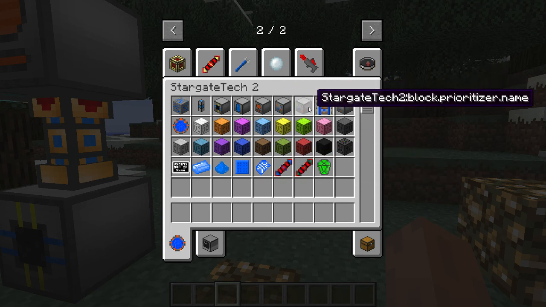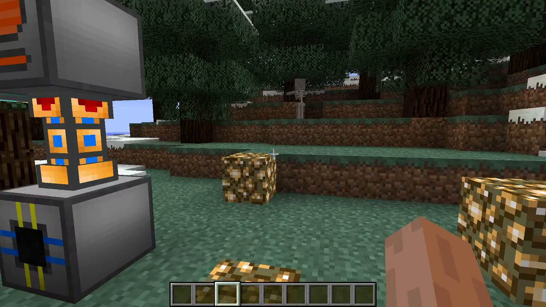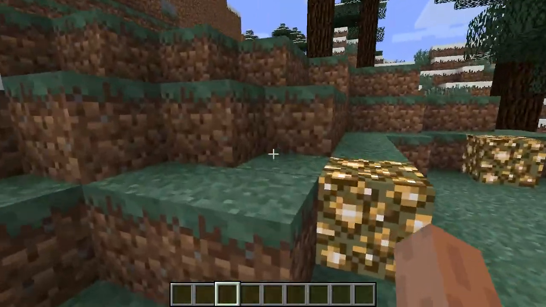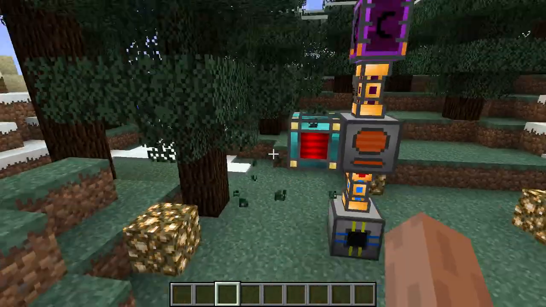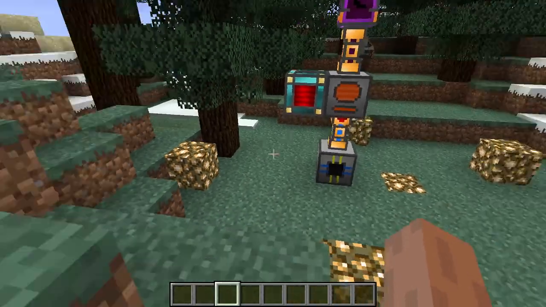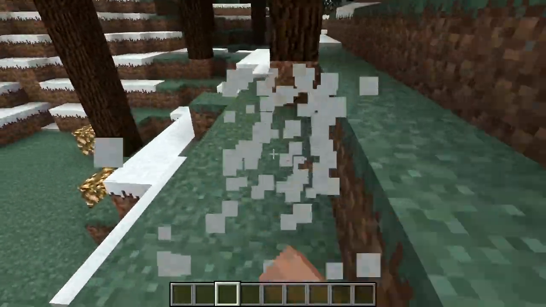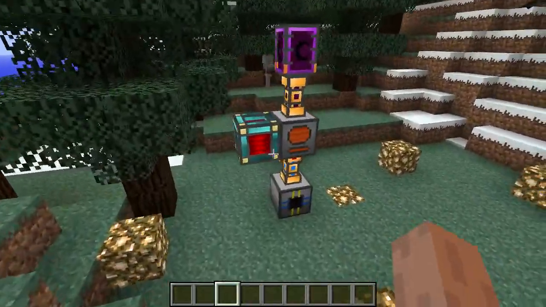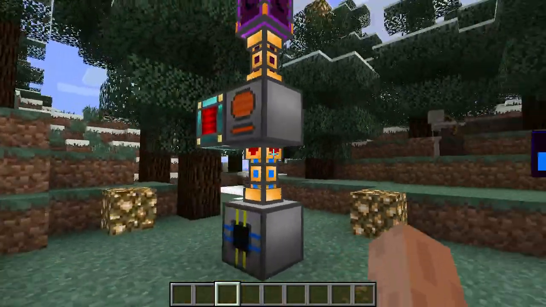These 2 machines, the crossover and prioritizer, won't be available on 0.7 because I want to release it as soon as possible, and I don't have time to finish these machines for 0.7. I want to release it as fast as I can and with as few bugs as I can, and then work on 0.8, which has the long awaited transport beacons. After that, I may or may not work on it, since replicators are on the list for 0.9.2, so